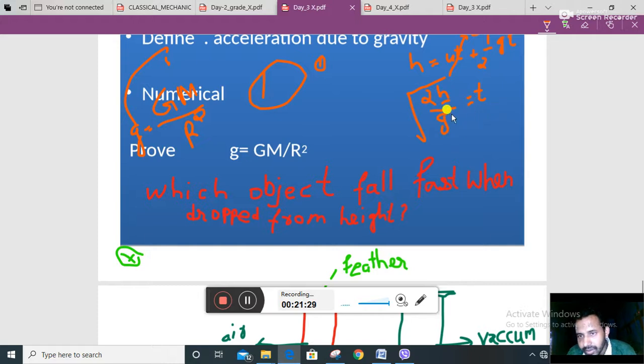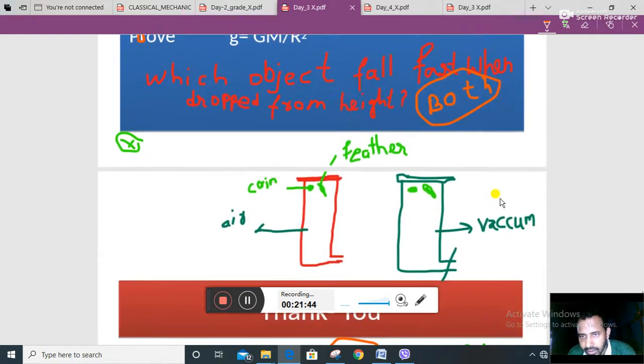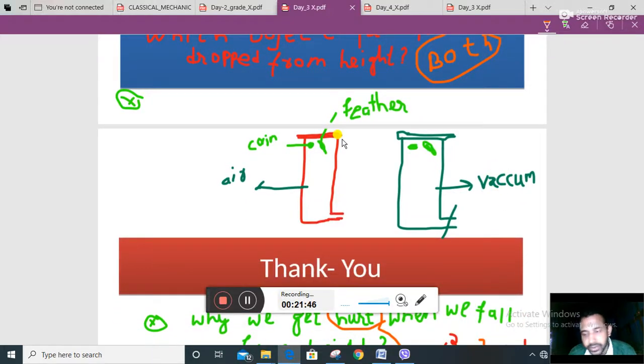So from here both will fall at the same time. But there is one restriction. What is the restriction? I will discuss it within the last 2 minutes because our lecture is going a bit lengthy. Let's do it fast. This is one analytical question from our learning.